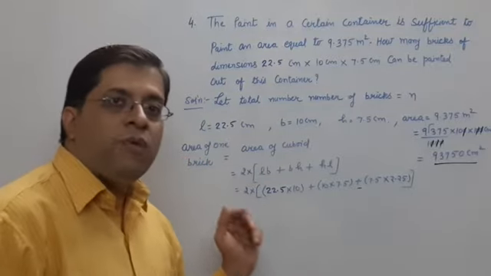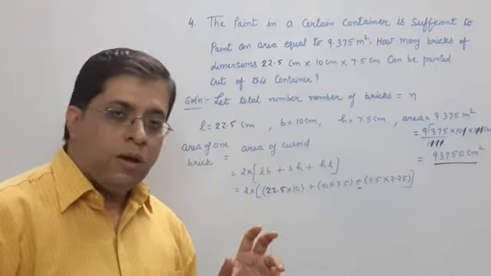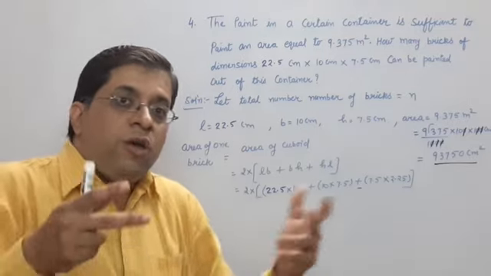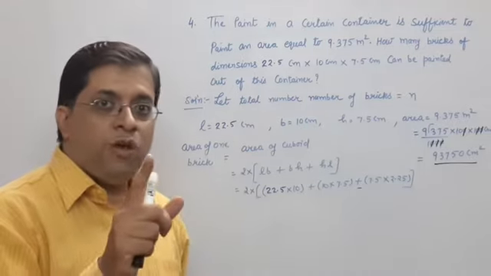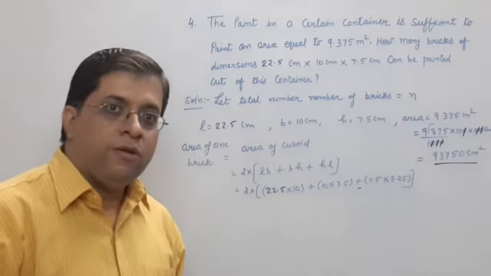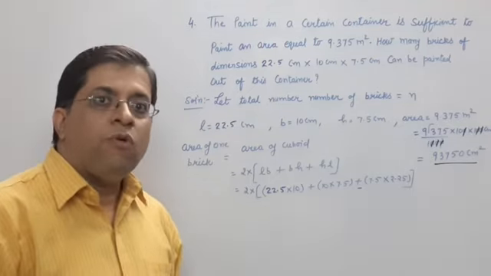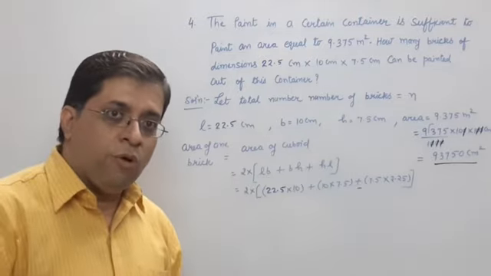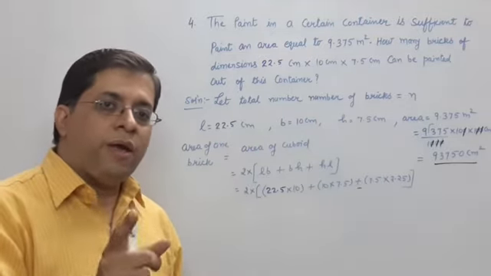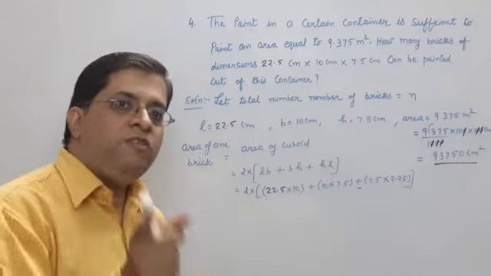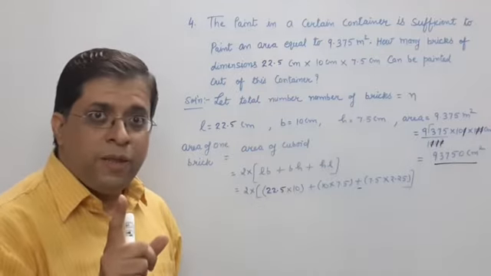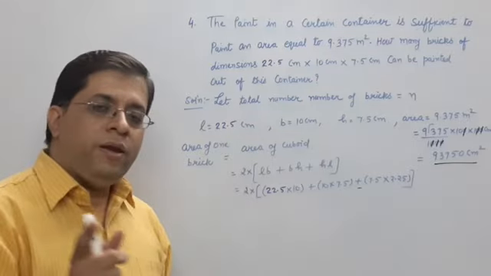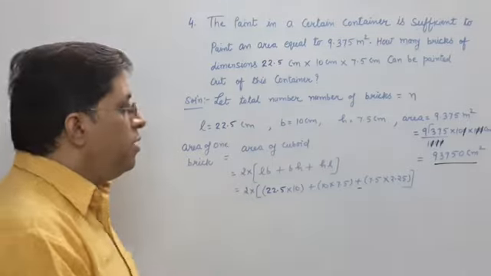Now come on. What is area of one brick? I can get area of one brick, but first of all, what is the shape of the brick? The shape of the brick is cuboid, cuboidal shape. What is the area of cuboid? Area of cuboid is 2 into (LB plus BH plus HL). Again I am explaining you. What is area of cuboid? 2 into (LB plus BH plus HL).